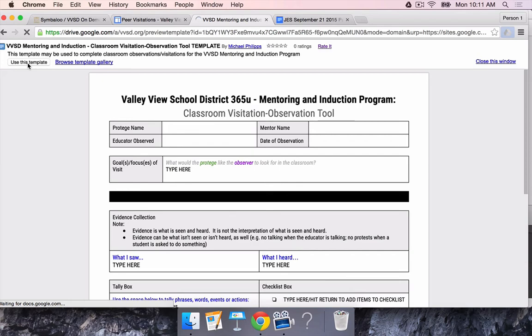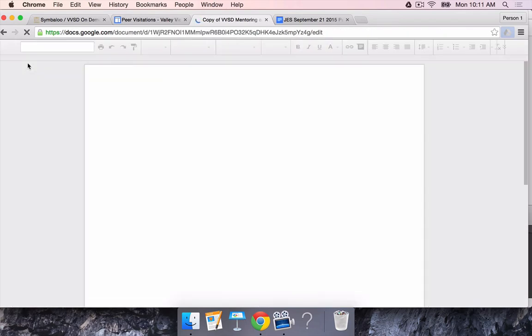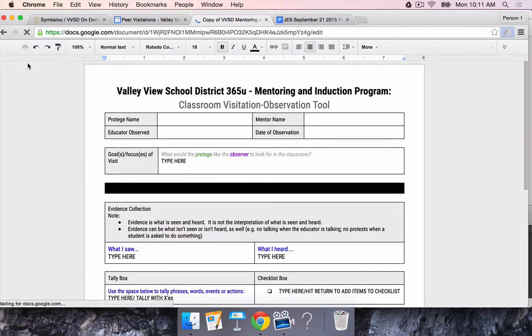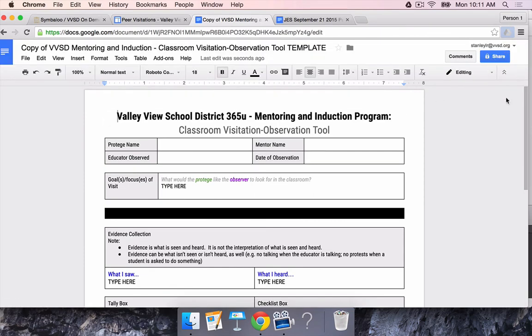So here it is. It's your personal copy. You can come up here and click up there and actually go and make it your own. So let's pretend this is mine. So this is Mrs. Stanley's VVSD Mentoring and Induction Classroom Visitation Observations tool. So taking a look at the form itself,